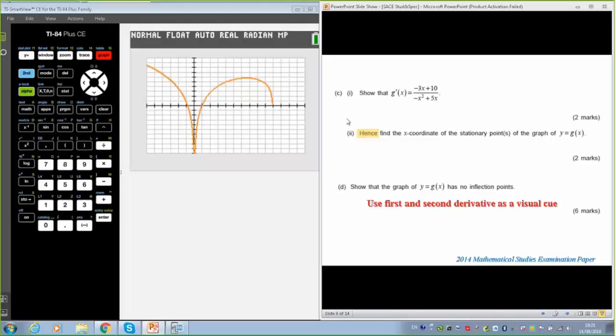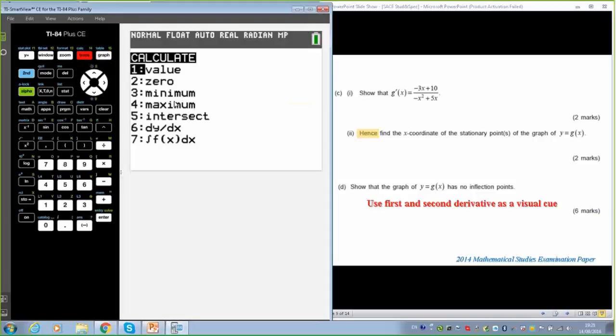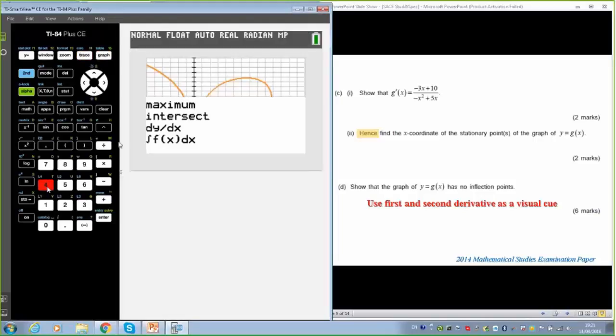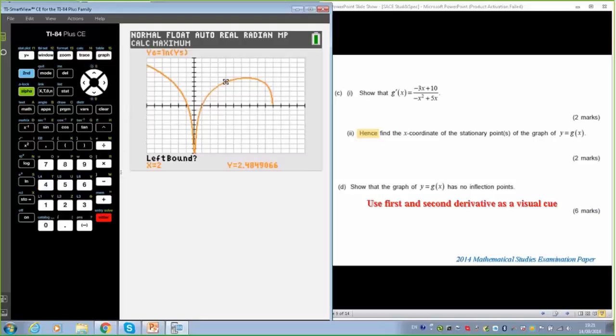But the important thing, I think, that students need to bear in mind is that they can still use the graph as a checker. So find the x-coordinate at the stationary point. There's no reason why they shouldn't still be finding that stationary point, and really they should have found it when they graphed it in the first place. So they know the answer I've got to get here is basically 3 1/3 and 2.9. Well, what are we after? Just the x-coordinate, so 3 1/3. I've got to get 3 1/3 here. If I don't get 3 1/3, I need to find my error. And it's really important that students look at their own questions and have the skill to work out where they went wrong.